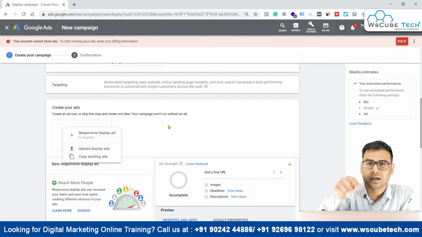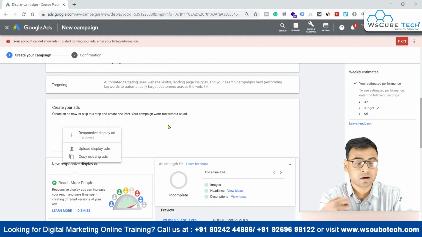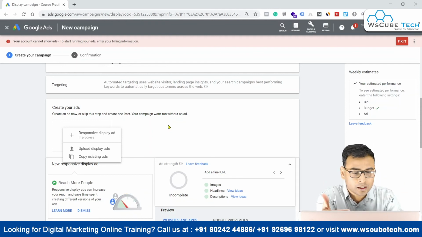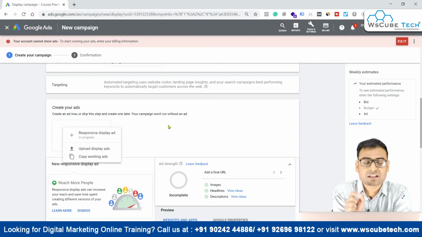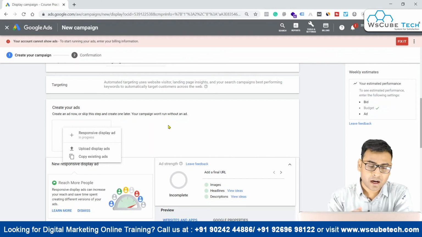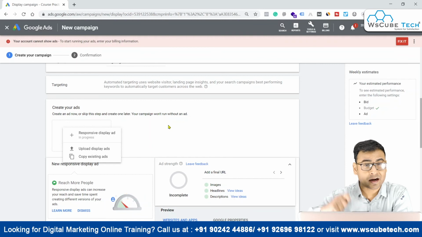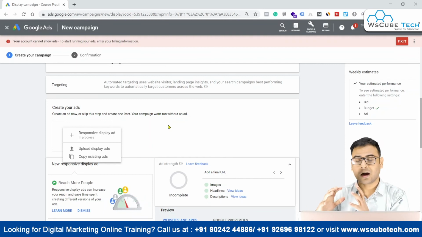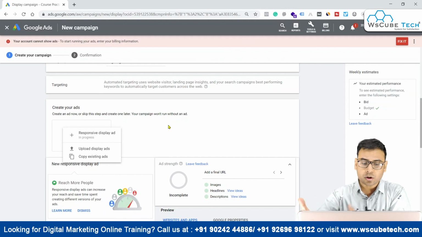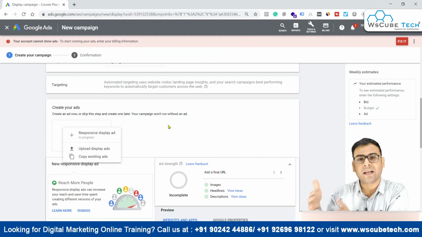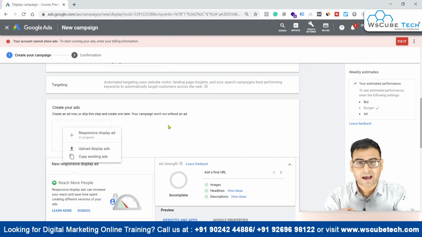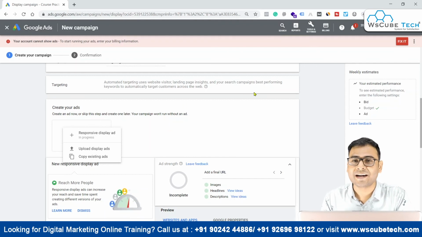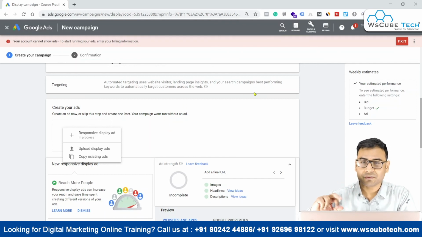As we discussed, smart campaigns are basically automated and governed by Google's automated systems. So I also recommend you go for responsive display ads. Whenever you are running an automated smart display campaign, you should go for an automated display creative, which is responsive. If you are relying on Google for your smart display campaign, you can rely on Google again for the responsive display ads. Responsive display ads in combination with smart display campaigns can be very profitable.